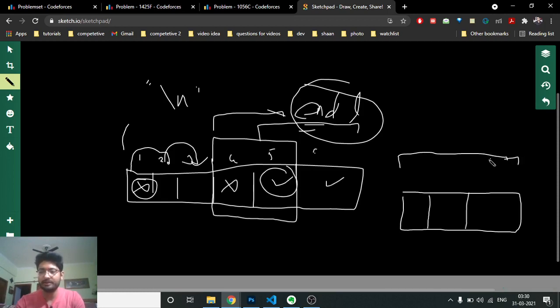So if you make a query of size 3, since the array is always of size greater than or equal to 3, you get the sum of these elements. Then if you make a query of size 2 on the last two, you get the sum of these 2 elements. Then if you subtract the sum of these 2 elements from the sum of all 3 elements, you get the value of this. I hope you get the point. So now I get the first value, and I can iterate over the whole array and get the value of every element.